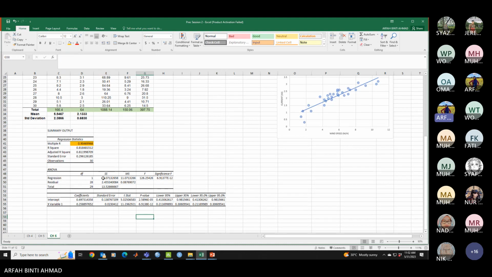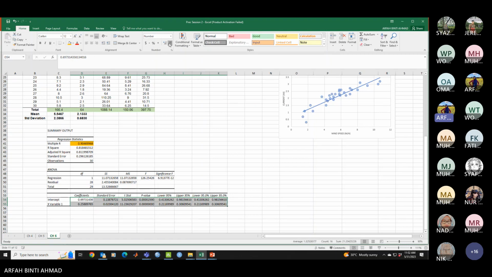So I don't want to see everything in a lot of decimal places. First thing first, I change it to become only 4 decimal places. Okay. So this one, the p value is 0.0 something. So this is your A. Intercept is your A and X variable 1 is your B. So the model will be,